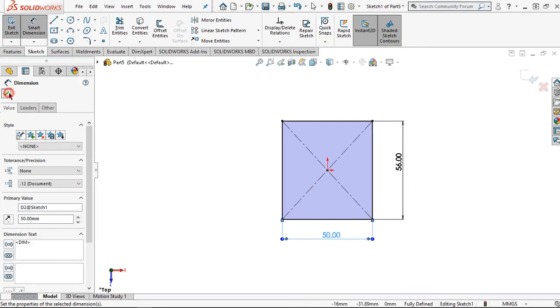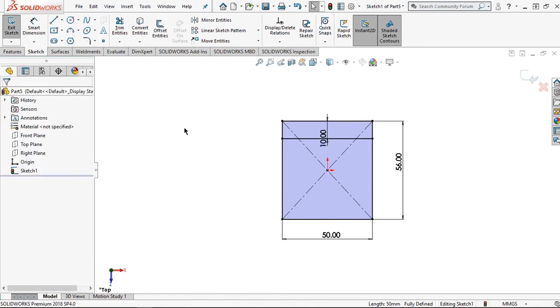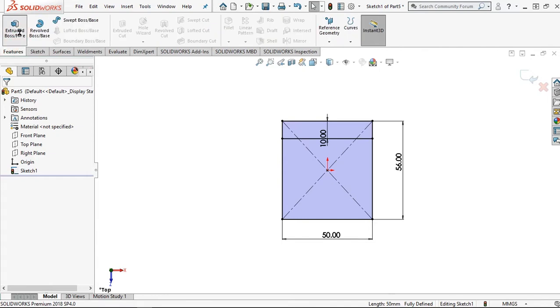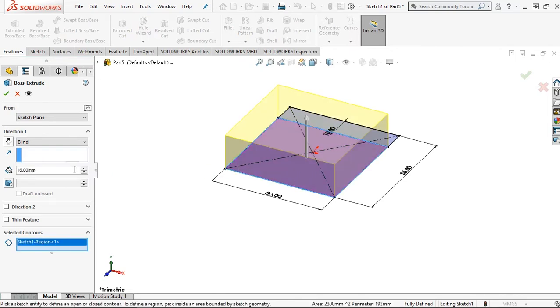Click done, then click offset entities. Make sure to set the value to 10 millimeter, then click to this line, then OK. Well, let's give the thickness by clicking the features, then extruded boss. Set the value to 16 millimeter, and then click to this sketch. Click OK, and then